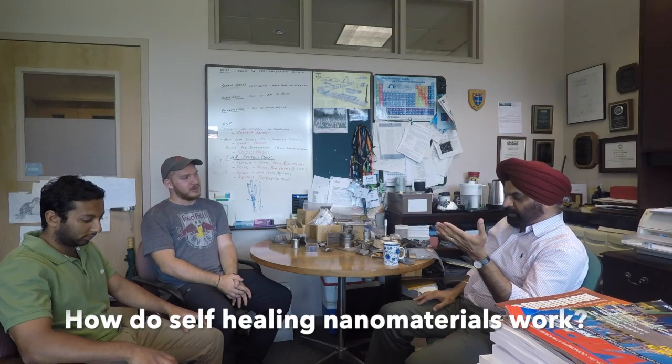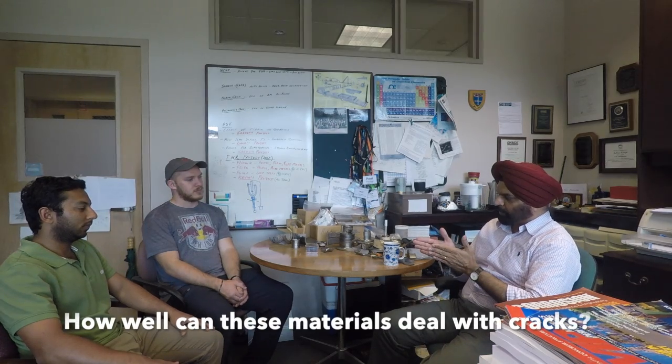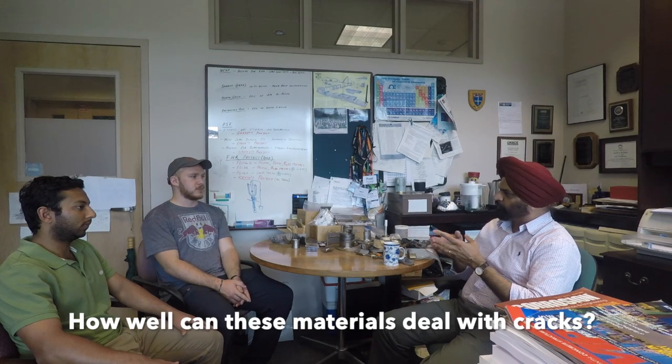Okay, so self-healing, as the name implies, basically it should react to the environment and need an input from the environment to provide protection in situ. If, let's say, there's a breach of polymer coating, which happens to be a nano coating, and if there are constituents in there which will sense that, and how will they sense it? It can be electrochemical sensing, or it can be because of a change in pH or a change in some local chemical constituent. Whenever there is a crack, if the environment is changing because of that crack,